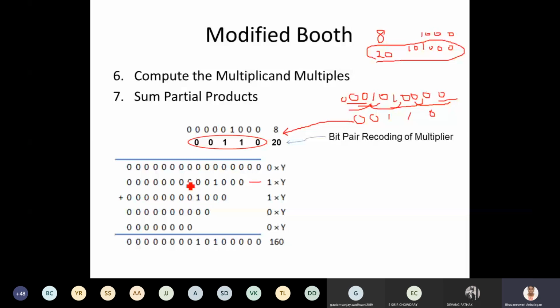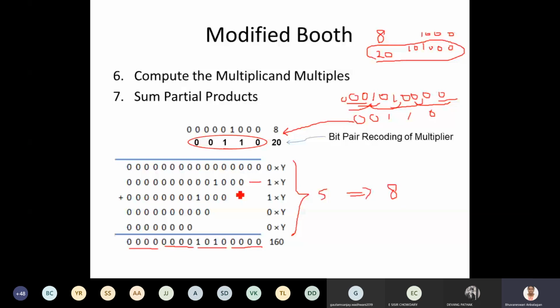See how many bits are there. 4, 8, 12, 16. So totally 8 into 2, that is 16 bits are required when you are going to do the multiplication of two 8-digit numbers. So how many steps are being actually involved here? Only 5 partial outputs are here. If it is involving 8 bits, it has to take 8 partial outputs. You have reduced it to 5 steps.